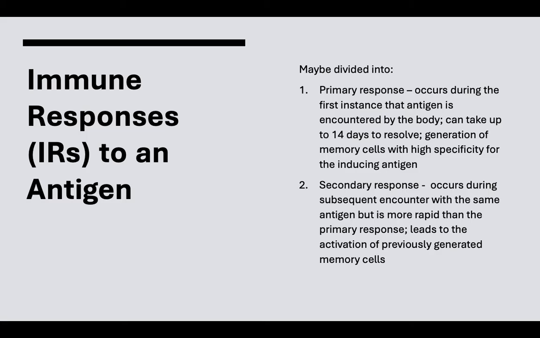So essentially, the fact that it's more rapid compared to primary response is attributable to the existing pool of memory cells, both B and T cells. No? We will have a review of